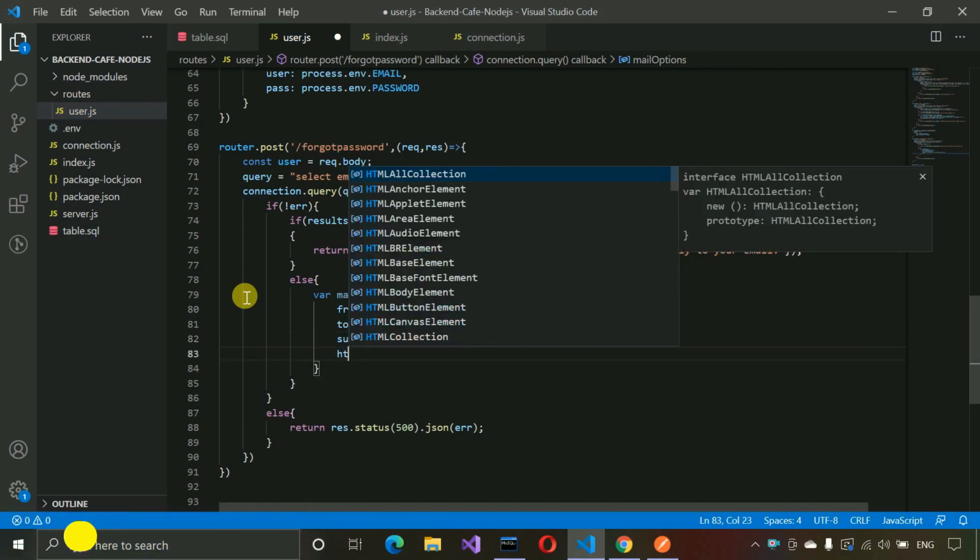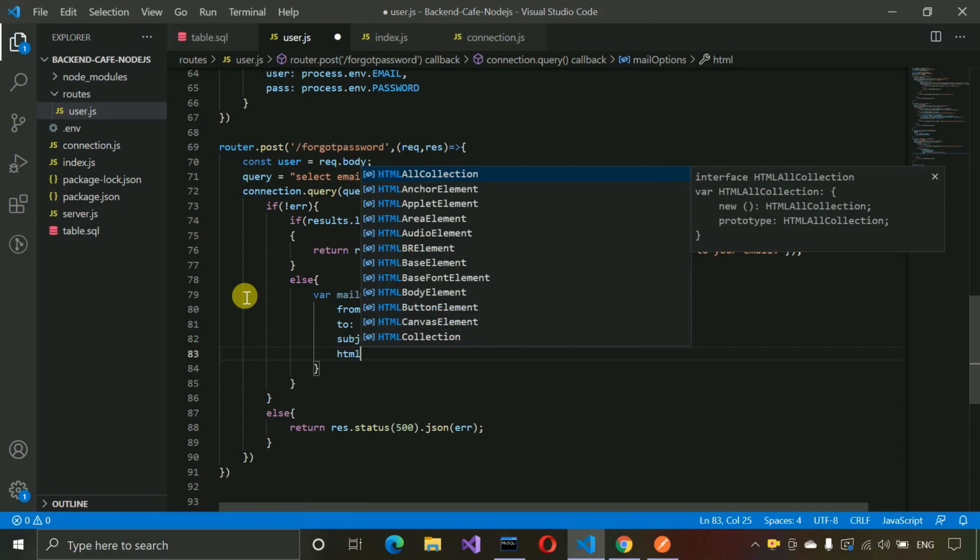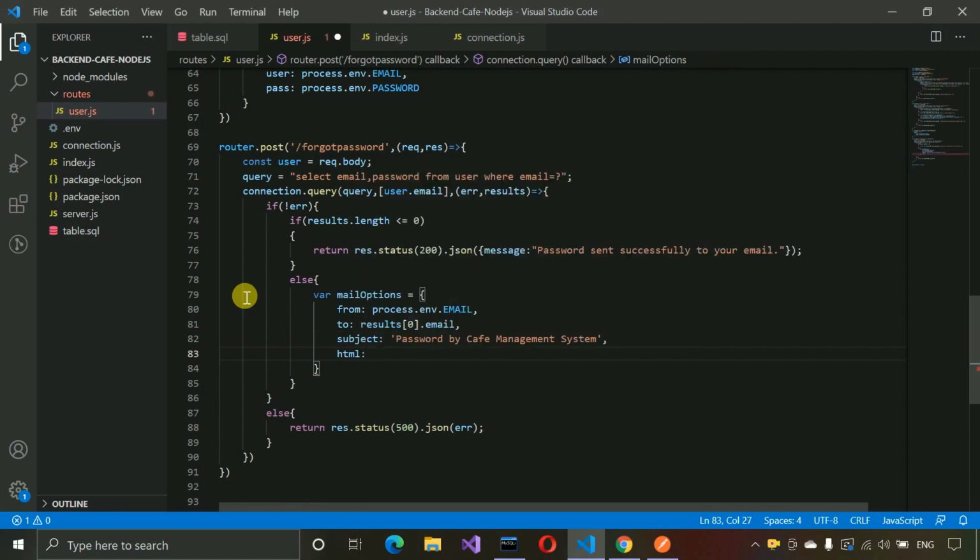After that we have to pass whatever the HTML body, so HTML we are going to write here in singles p, and here we are going to write close also, and here we are going to write in the bold actually,